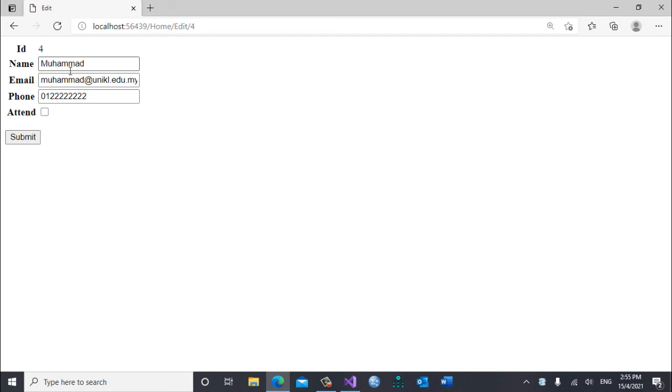similar to displaying the details, but the difference is that this is a text box that we can change. For example, this is Ali, and for the bit, this is represented by a checkbox, so Ali is attending. So if I submit,